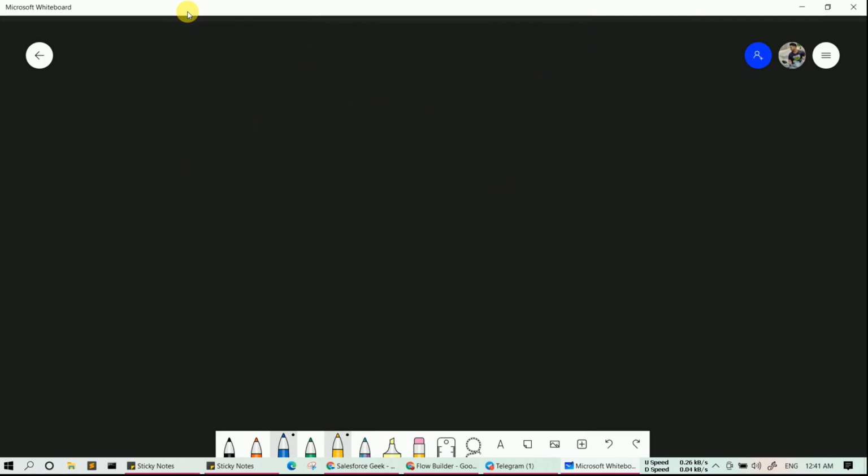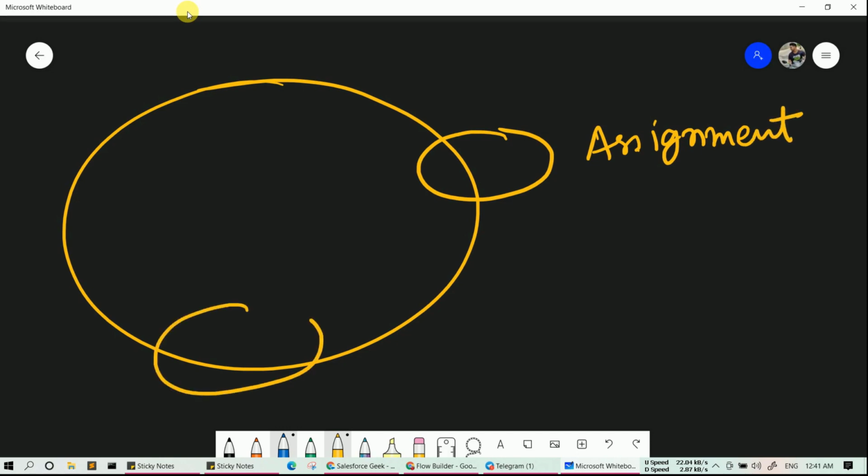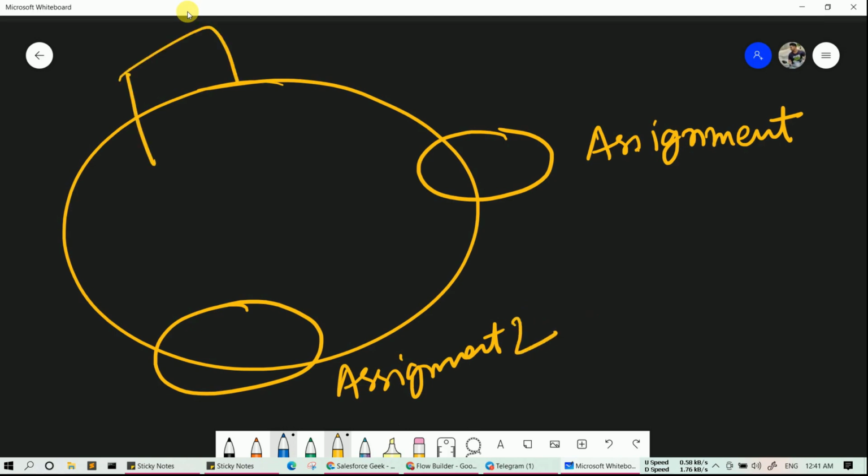So let me explain the concept of assignment. Let's say this is the loop. Here is your assignment 1 where you are going to assign values to your contact, and here is your second assignment. Now here is your loop element basically.